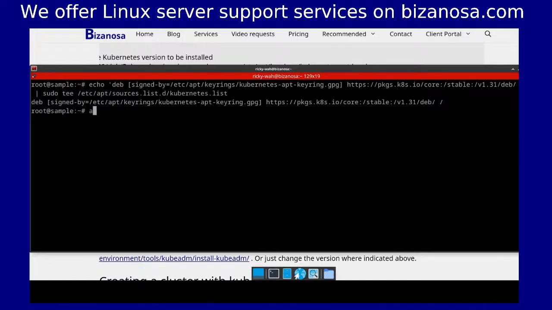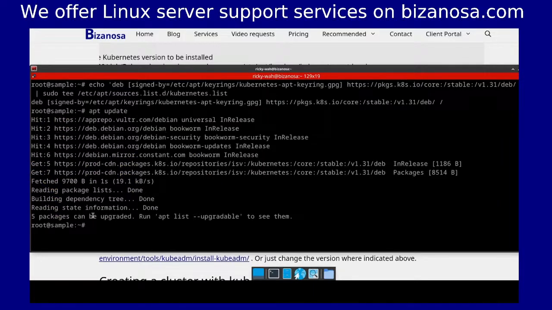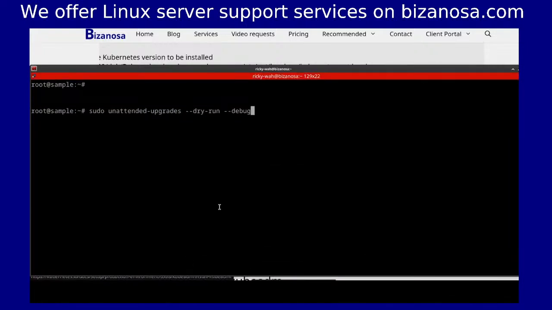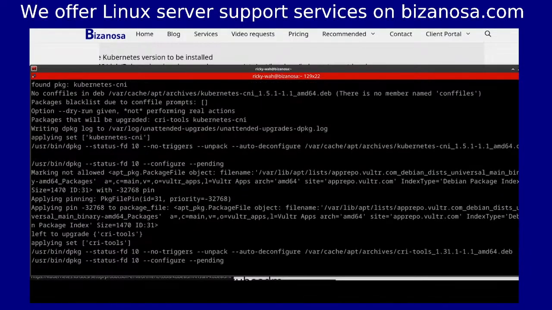So let's do apt update and check if, okay, so now I can see 5 packages can be upgraded. This means that unattended upgrades can also identify those packages that need to be updated, but maybe they can't be upgraded because Kubernetes usually holds these items, so they're not updated. If you want to update Kubernetes, you have to explicitly update it manually. So there we go, enter. And if I run that,